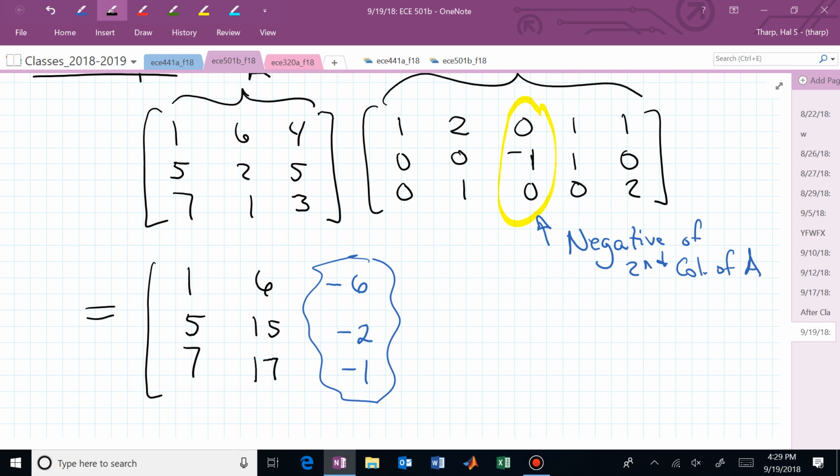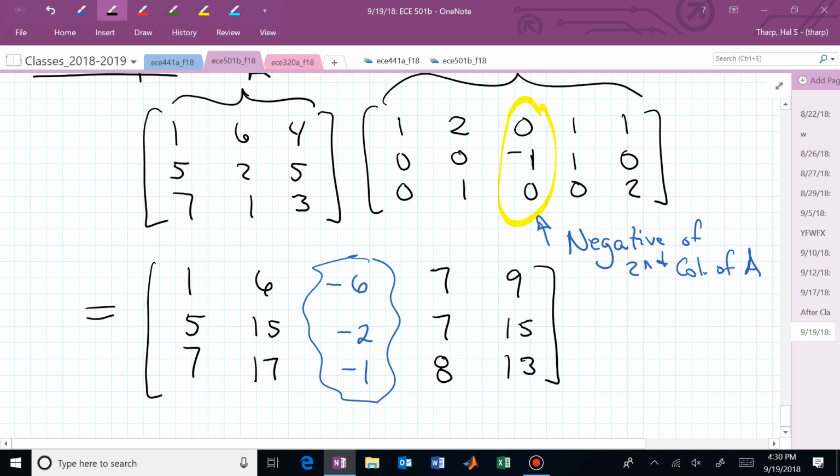If that's the case, what's the fourth column of my result? Just add the first 2 columns. That's pretty quick to do. I can now just say 7, 7, 8. And what's the last column of my product going to be? I would probably double the third column and then add the first column. So I have 8 plus 1, there's 9. I have 10 plus 5, or 15, and I have 6 plus 7, or 13. And there is now my